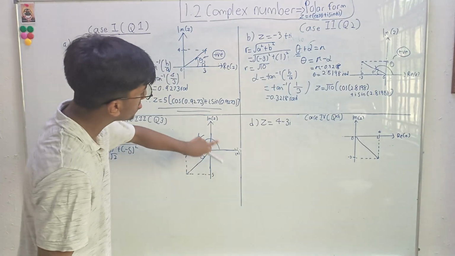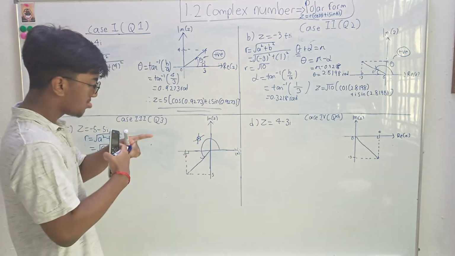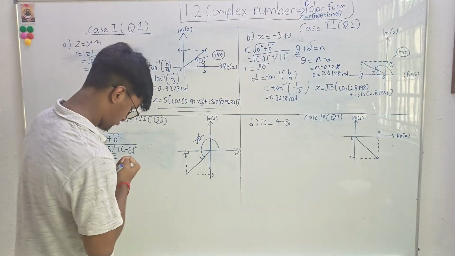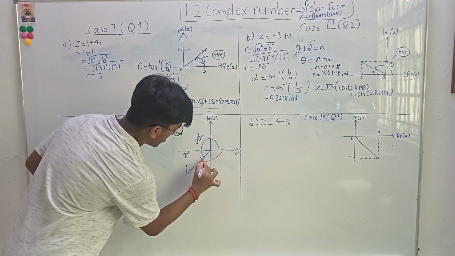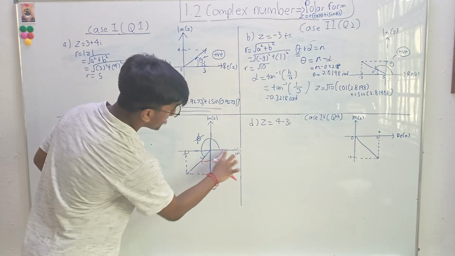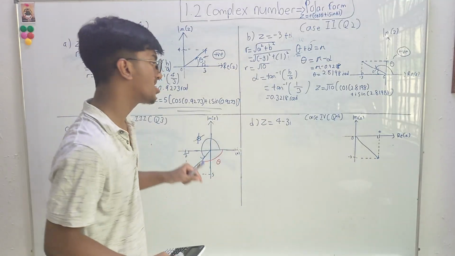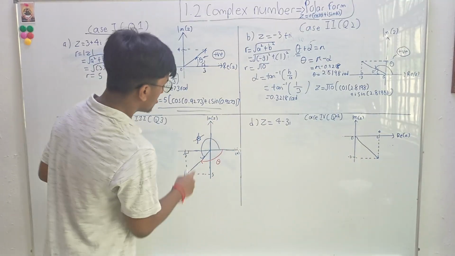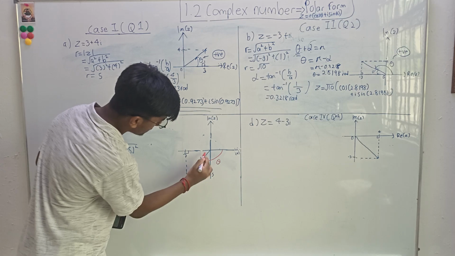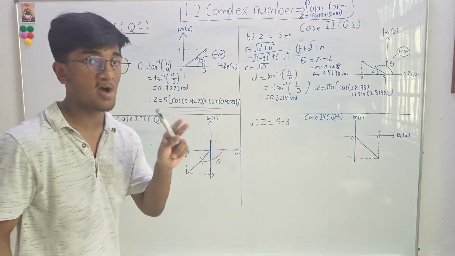So for this one, if we go in this direction, the theta will be more than pi. So we need to choose an alternative way, which is in this direction. Now it is correct because the theta is still between the positive x-axis and the complex number line, and it still follows the principle, which is from negative pi until pi. So this one is totally wrong. And you cannot straight away find your theta, you need to find your alpha first.